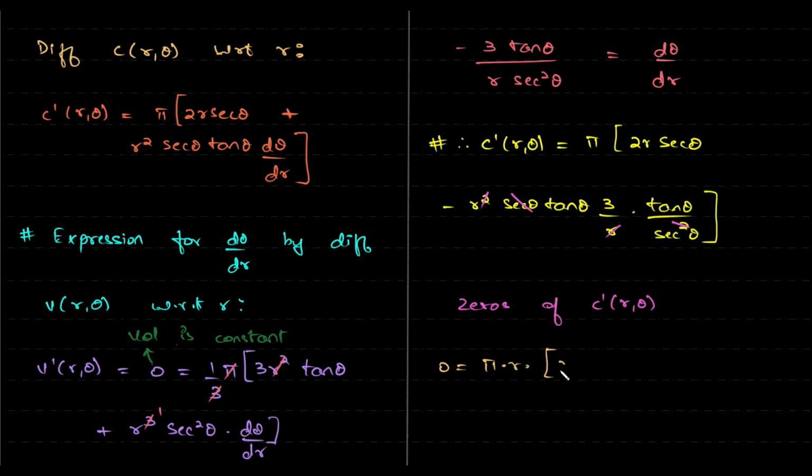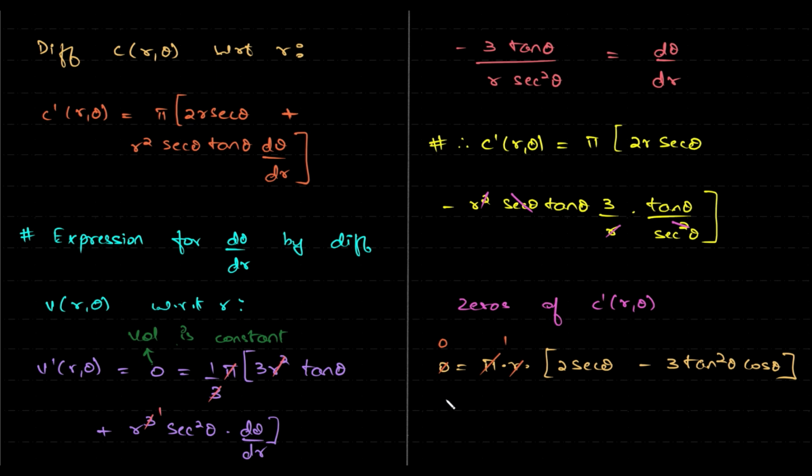R I can take common and we have 2 secant theta minus 3 tan square theta cos theta. Agree? Okay, I just wrote it for simplicity. It's going to make things simpler. So basically all of this will get cancelled and a bit of rearranging, and we have